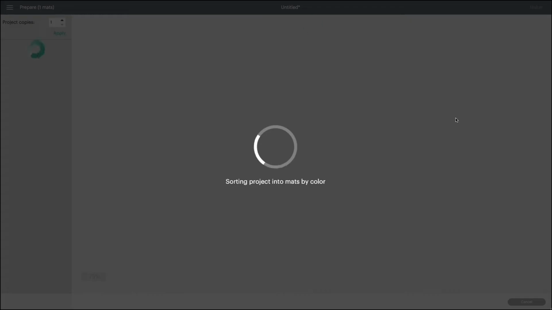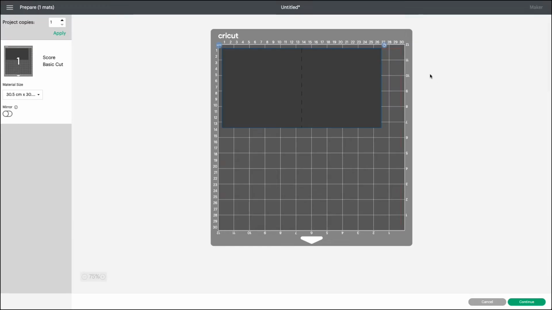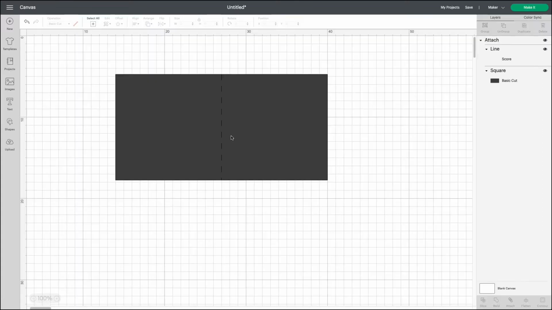Let's have a look. There we go. We have our rectangle with our score line right in the middle. This is how we want it. Now we can insert some more basic shapes to make this into a card. So I'm going to come to shapes, click on it, and I want a star. So I'm going to click on the star